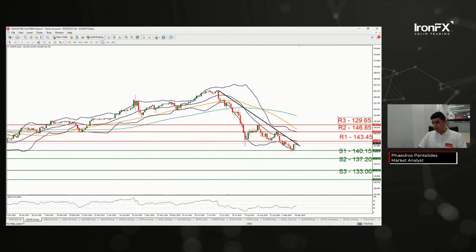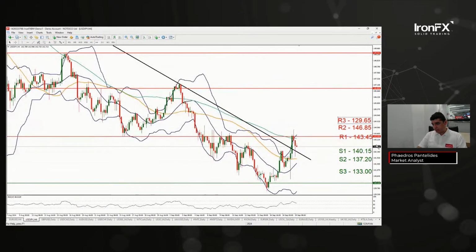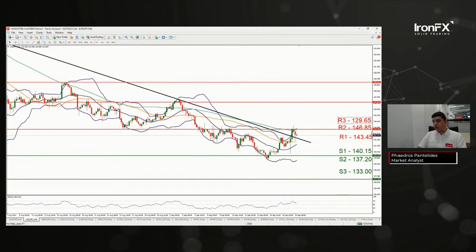We had seen that R1 was at 143.45. So we placed that on the daily chart. It has wicked slightly above, but still remains below. If you drop down to the 4 hour chart, however, voila, R1. Very nice. It didn't close above and close below. It did wick above, yes, taking out everyone that went short around here, but it does appear to be a valid resistance level. So it can be used on a 4 hour time frame as well.